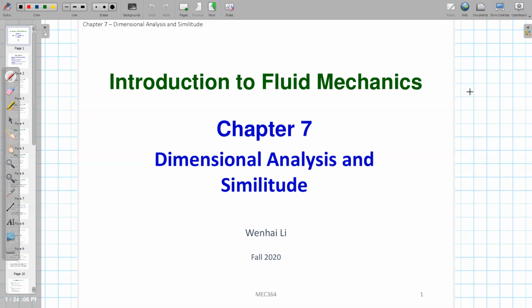A simple example is a flow around a cylinder or around a sphere, and I want to say what the drag force will be that the sphere or cylinder will experience. So if I do an experimental study and I want to measure that drag force,